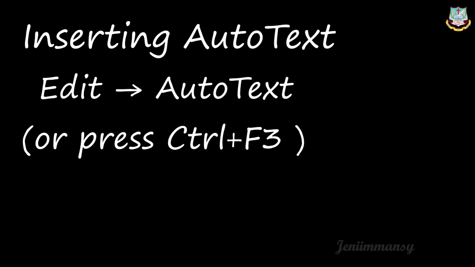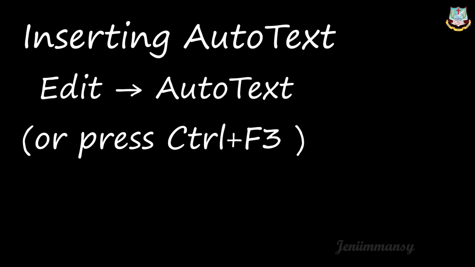To assign auto text, we have some shortcuts also. You have to type the text into our document and then select the text so that the text will be highlighted, and then we can go to the edit menu and click auto text, right? Or with the keyboard shortcut, you can press the Control key and F3 key. And then you can enter a name for the shortcut, or for Tamil Nadu you can just type TN there. That will be the shortcut for the particular word. Any word you can give any shortcut as we wish, right?